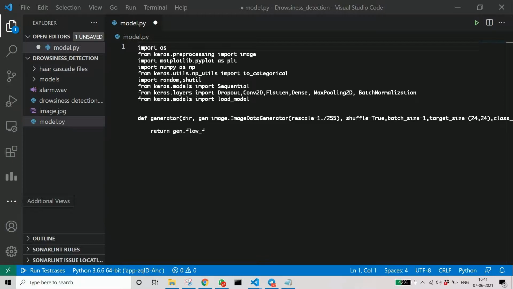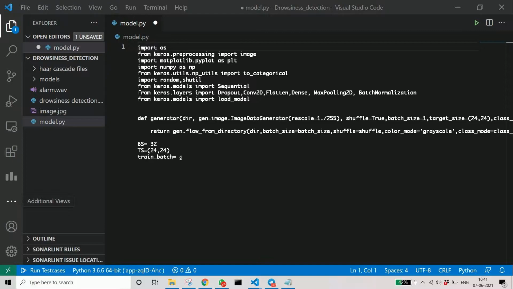It returns gen.flow_from_directory. It basically saves the images in a directory and returns them with batch size and shuffle, everything included, so that there is no bias. The images you capture consecutively will have the same pattern, but that should not be used to train. We should shuffle.